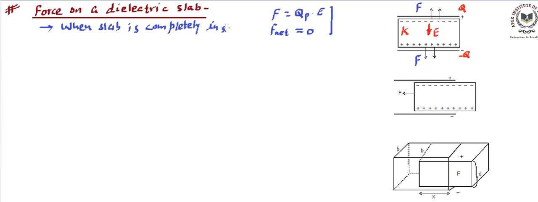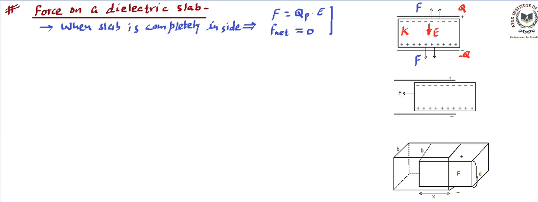Inside the capacitor. So in that case, you will find this is going to be the final conclusion. However, our response will be different in case this is partially inside. So another picture is trying to depict the case in which the dielectric slab has been placed partially inside, and you will find that the force is going to be acting in this direction.